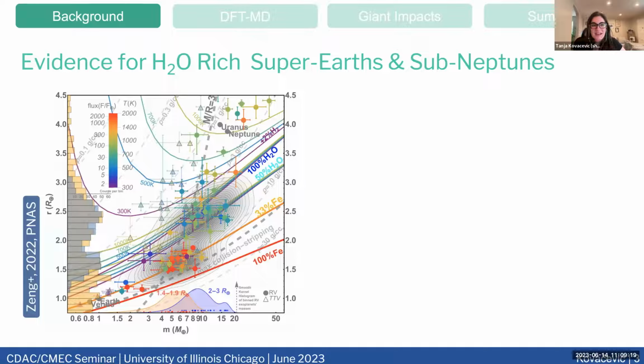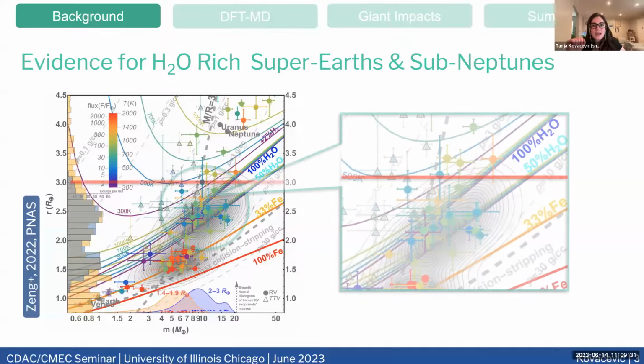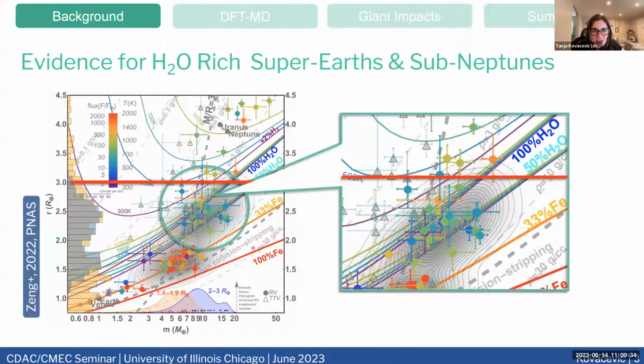Yeah, the plot gets a lot more complicated. This is a really good paper by Zhang and others in 2022 that was published in PNAS. So if you want to go back and read that paper, this plot is really cool. It takes a little bit of time to understand, but I'd like to take a closer look at this portion of the map. This plot isn't really going to tell us there's this much water in this planet. It still doesn't give us an exact idea of what the interior composition of the planets is, just, again, bulk composition.